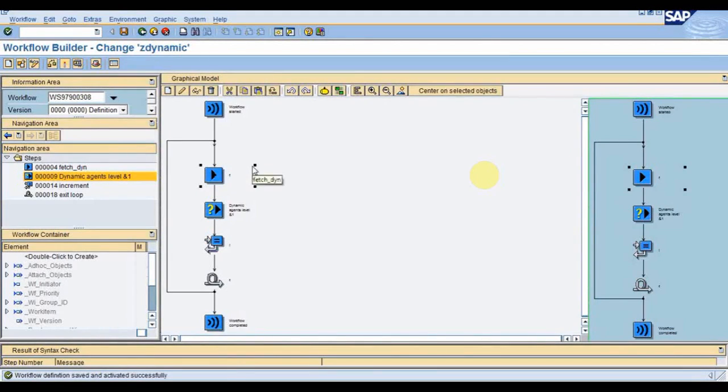Suppose in a company I want the work item to be sent only to the managerial role. In companies many roles are created, suppose for manager, for partner. For the manager role, suppose we have 10 managers associated with it, meaning 10 managers have that particular role. So I will associate the work item with that role, suppose the managerial role. So all the managers who have this role will receive the work items. First, to create the role, I will have to move to transaction PFCG.